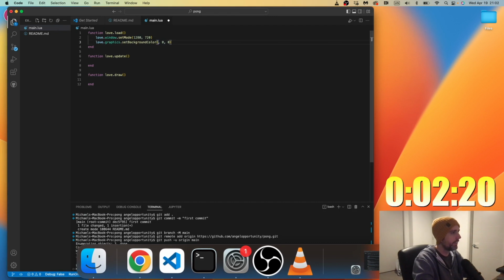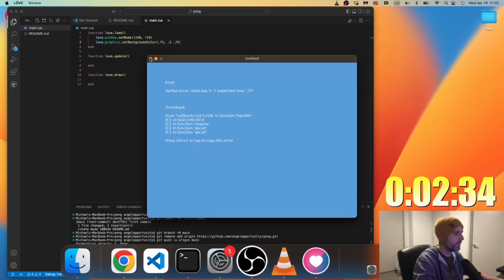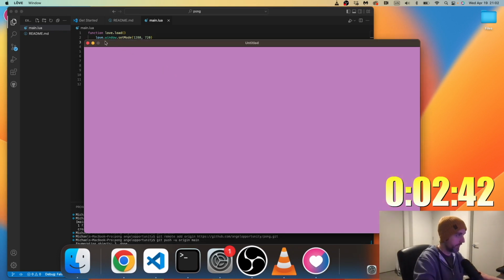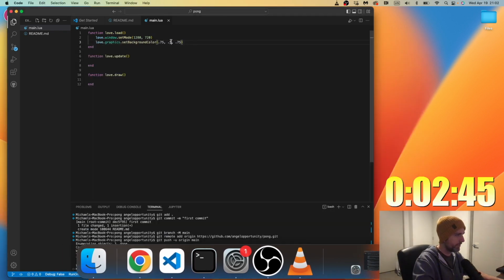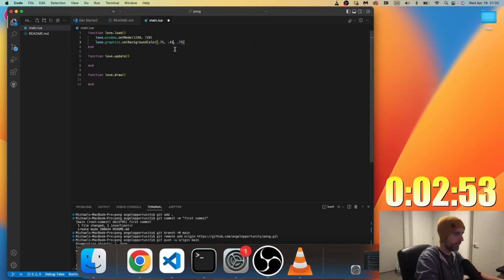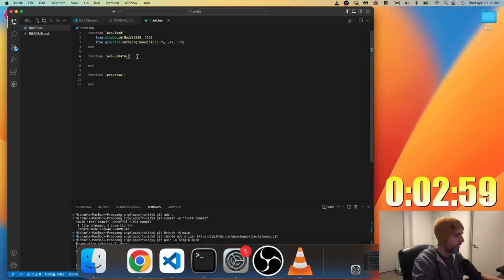All right. Black is fine. Maybe we want like not quite black, because that's kind of ugly. I don't even remember which colors these are, but let's just change this to some. I'm willing to eat up some time here to get a nice looking background, because I'm going to be looking at this for a while. Pink, I like pink. Let's do pink. I'd like it to be a little bit darker. Let's see if that works. No, that's lighter actually. Yeah, so it should be like 0.43 or something. Sure, I'll go for that for now.